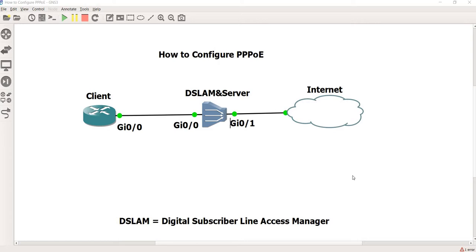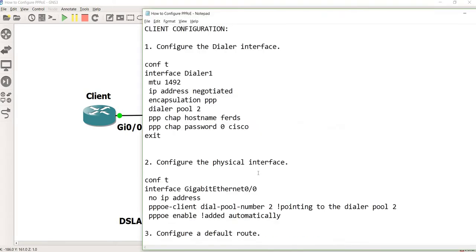In this video, I'm gonna show you how I configured PPPoE, point-to-point protocol over Ethernet. So I actually have a step-by-step procedure. So this is how I configured